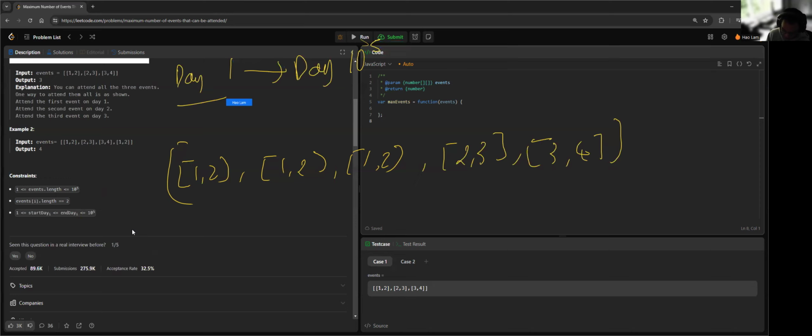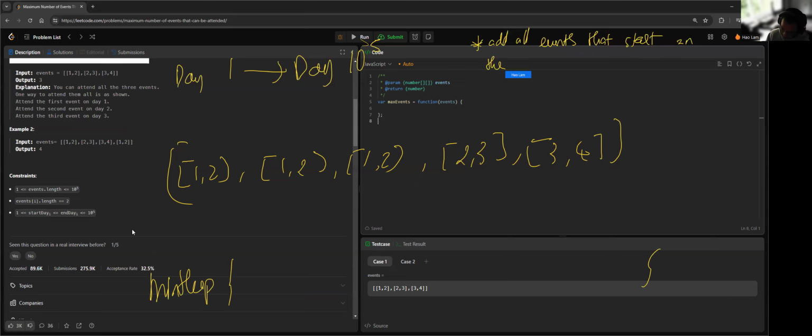At any day, we will add every single event that starts on the current day. Add all events that start on the current day,